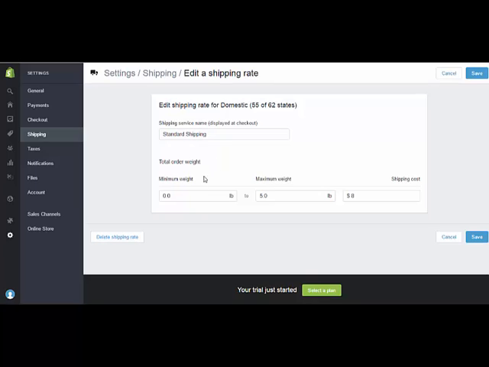I'm going to basically just edit this, and I want to create a new shipping rate for a free shipping product on my store. So this rule-based thing here is going to say, okay, if the total order weight is 0 to 5 pounds, then it's going to put this rule into effect. If let's say I added a product that was 5.1 pounds, then that rule wouldn't go into effect. So right now I'm going to create a